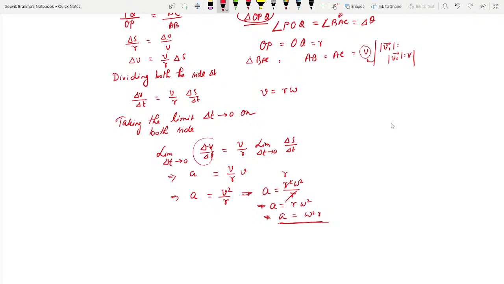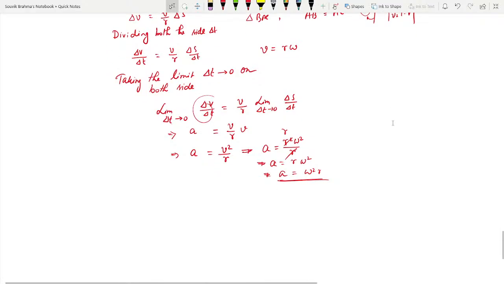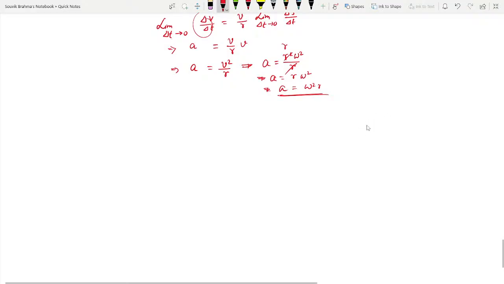Correct? Yes or no? आया समझ में? Now you see one thing is there, सर्कुलर मोशन में जब वेरिएबल स्पीड होता है ना, यूनिफॉर्म स्पीड नहीं बोल रहा हूं, वेरिएबल स्पीड होता है, पार्टिकल मूविंग अलोंग सर्कुलर पाथ विथ वेरिएबल स्पीड, तब उसमें ना हम लोगों को दो एक्सेलरेशन दिखता है। सही से देखो, पाथ को सही से देखो, तब दो एक्सेलरेशन हमें दिखता है। क्या दिखता है? एक दिखता है, ये अगर मेरा एक पॉइंट है, ए पॉइंट में ले रहा हूं, इसमें अगर टेंजेंट खींचूंगा, सो आई विल बी गेटिंग टेंजेंशियल एक्सेलरेशन a t,